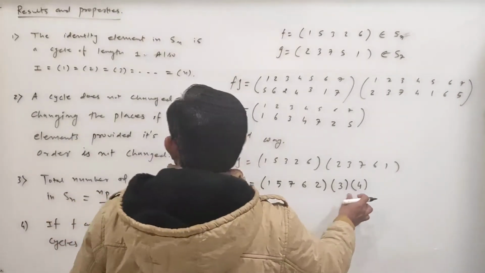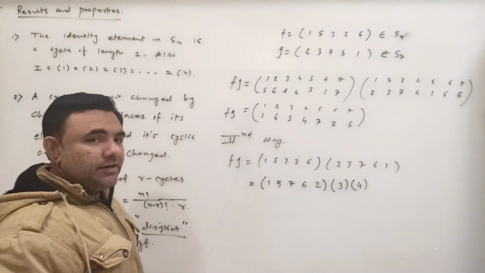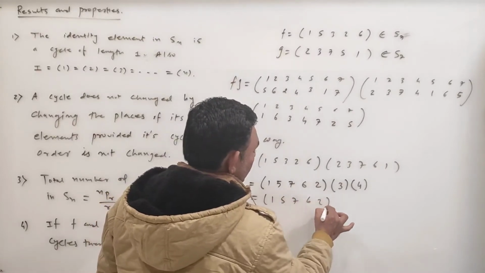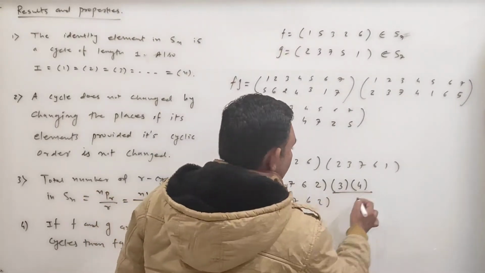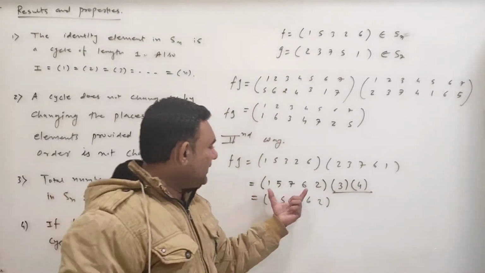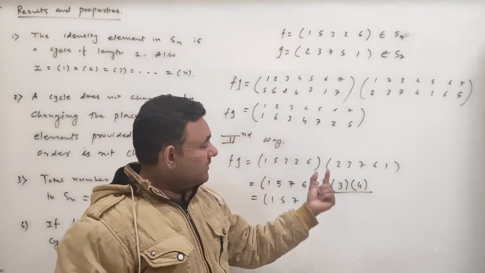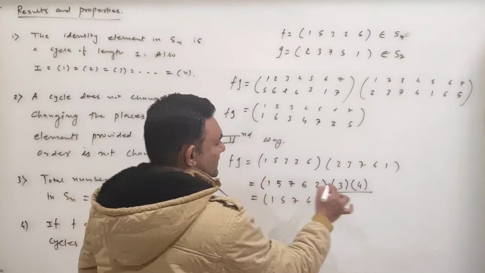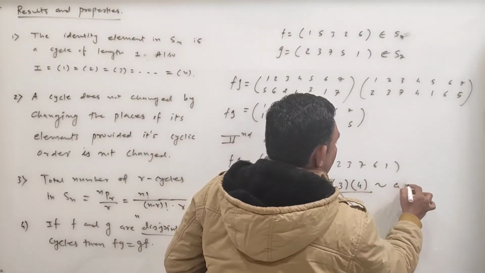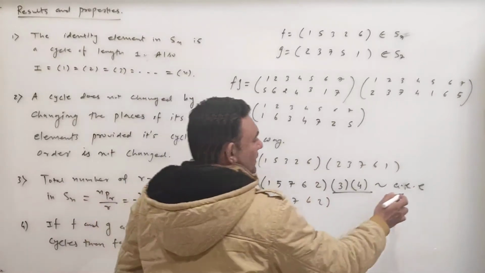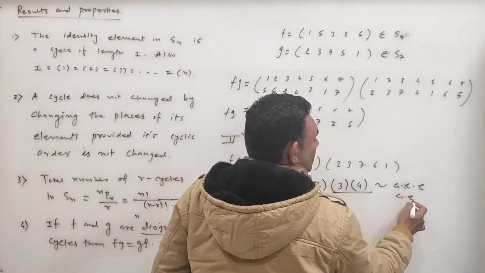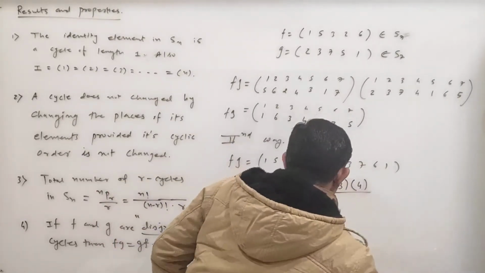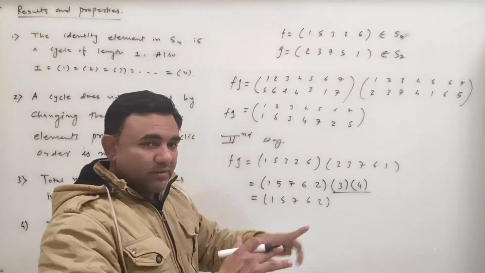But we know that 3 and 4 represent what? They represent the identity. So no need to write this. So it is simply 1, 5, 7, 6 and 2. You can omit this because it represents the identity. Ultimately this is an element of S7, this is an element of S7, but it represents the identity. Compare like this, A into identity, and we are in a group. So identity into identity is identity, A into identity is A. So no need to write this identity in short.